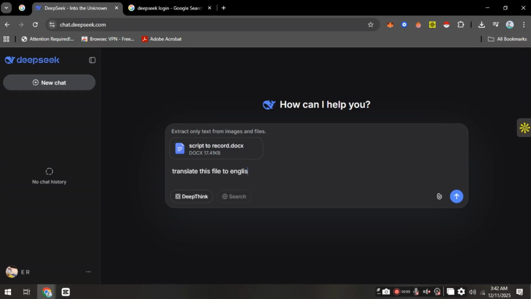If you want the translation in a different format, you can also ask "rewrite this into paragraphs," "give me a cleaner version," or "translate only page 3." For better accuracy, add instructions like "keep the formatting" or "translate but maintain original structure." And that's it.